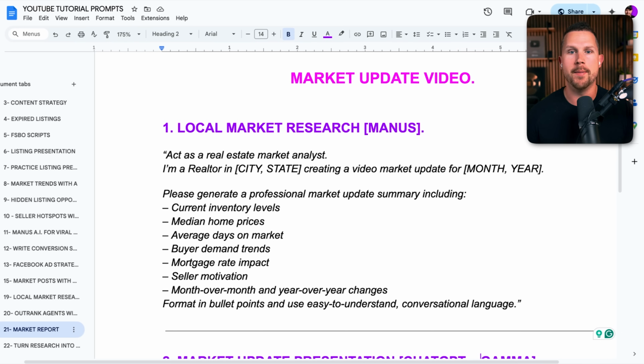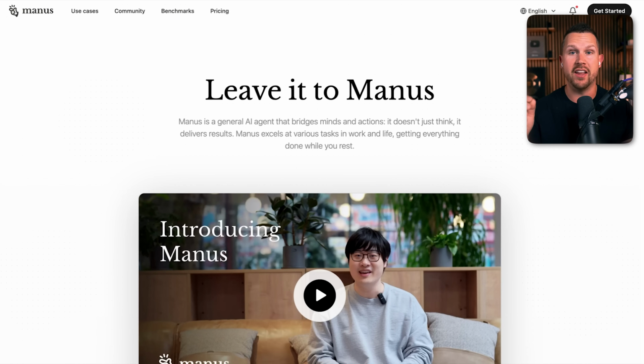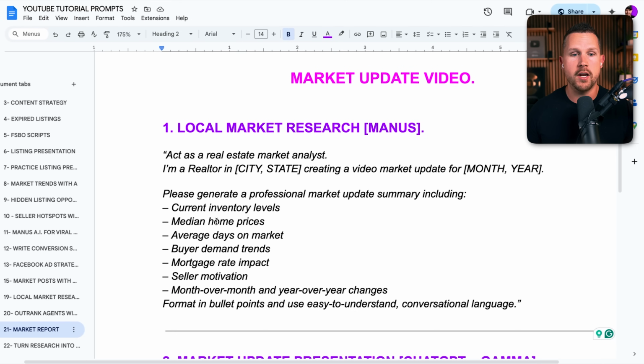First is going to be Manus. Manus is going to give us deep dive research based on the market trends and all of the data and analytics that we need this month to create the best, most valuable market report that anyone else in your market will be able to do, which is going to be based on this prompt that I've created for you, based on inventory levels, home prices, days on market, buyer trends, seller motivation, and all of the different information that we need